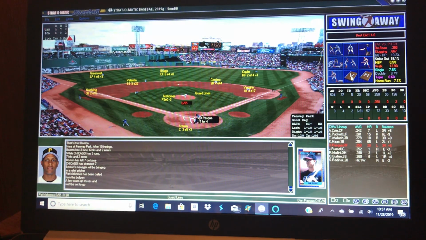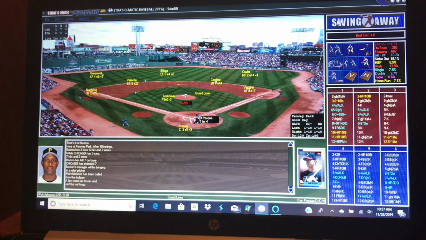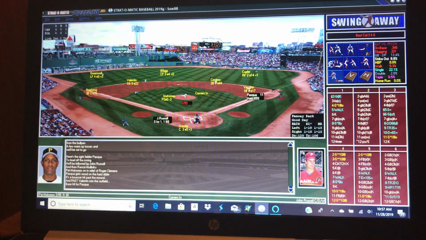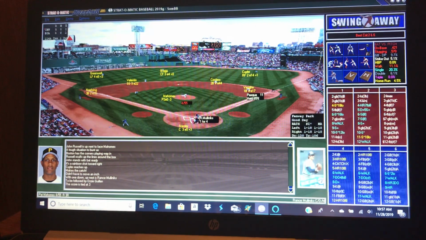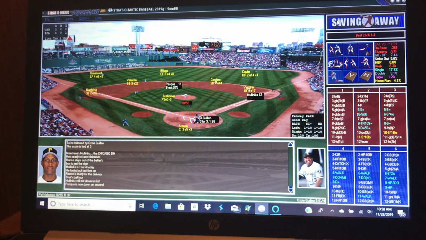Okay, let's see. Let me look at my bench. I don't probably have an infielder left, but well, I guess right now we don't have to worry about it because we're up at the plate, and Radinsky's not close to being up. So Pask was up, and he drives the ball up the middle on a single. John Russell is up, and he appears to be flying out. And that brings up Rance Mullenix. And he takes a ball 4 and Guillen's up.